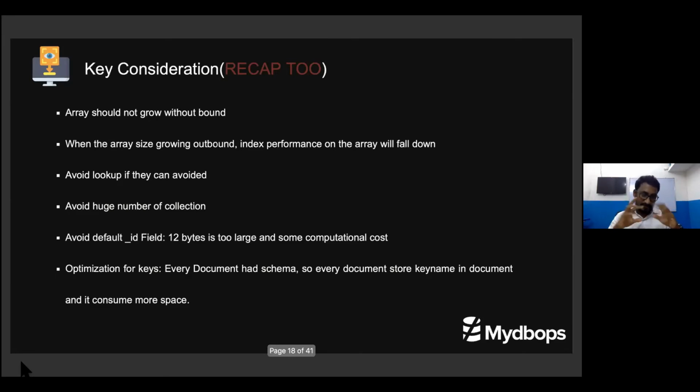Avoid lookup. If you have reference modeling in your collection, then you cannot avoid lookup, but try to avoid lookup in most cases. And guys, very important, people will laugh at this, the whole MongoDB DBA community. When I go for consulting, I visit a lot of B2B clients, business-to-business model clients. What they do is, they have 1,000 clients, so they have 1,000 collections. It is not recommended. Why?